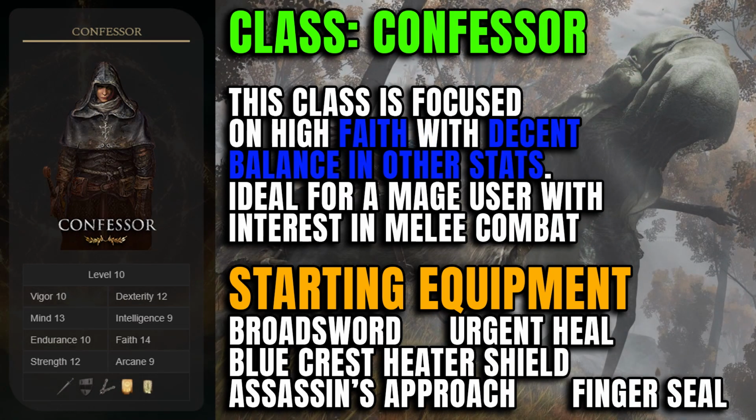Confessor is one of the other unique classes here within Elden Ring and focuses a lot on the faith side of things, similar to the Prophet but not as much, with a good balance in the strength and dexterity areas as well, meaning you have that melee type combat aspect as well as the mage based route with faith. Its starting equipment includes a broadsword, urgent heal as one of its spells, blue crest heater shield,